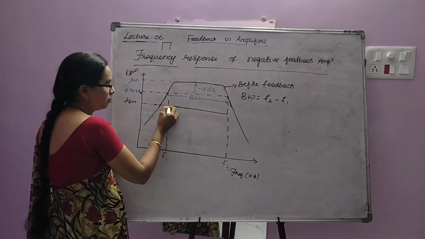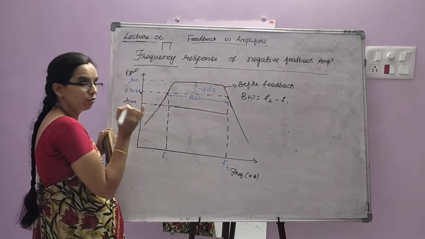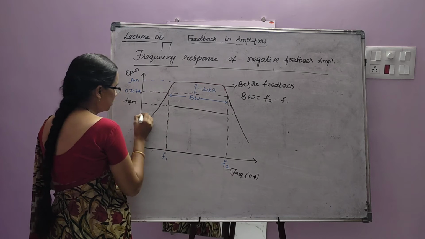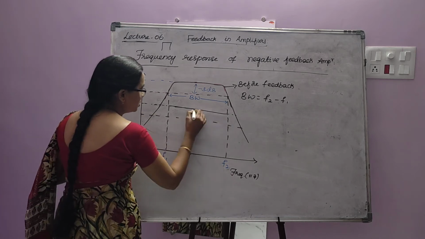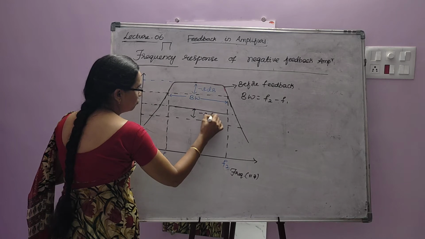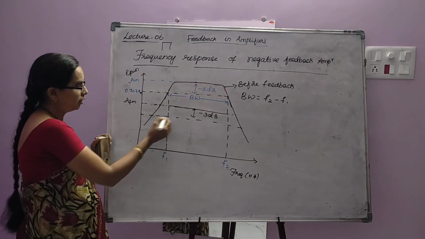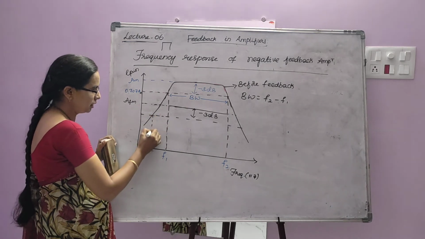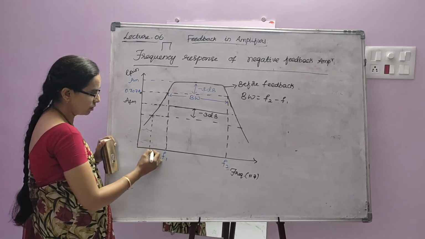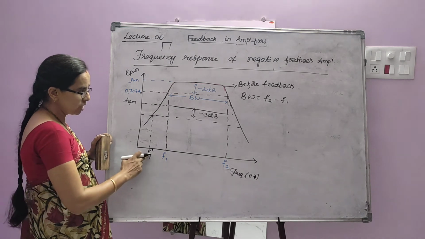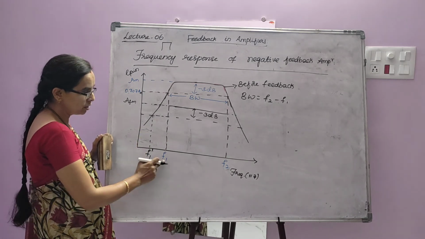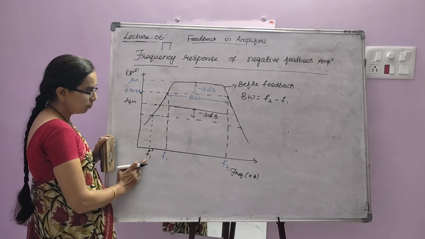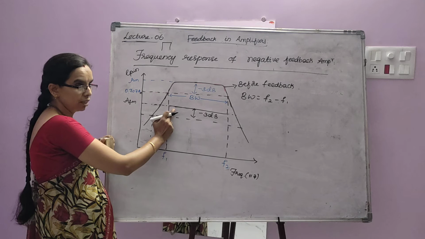So whenever my gain reaches this point after applying negative feedback, the minus 3 dB line for the negative feedback gain will be somewhere here. That minus 3 dB line cuts the lower cutoff frequency, which I will call F1 dash, that is here. That means the lower cutoff frequency for the open loop amplifier was here, but whenever the gain is reduced after